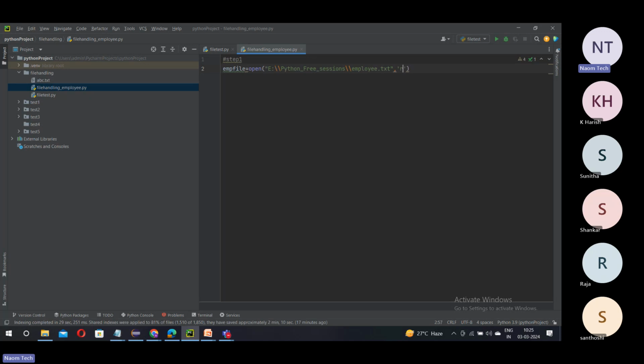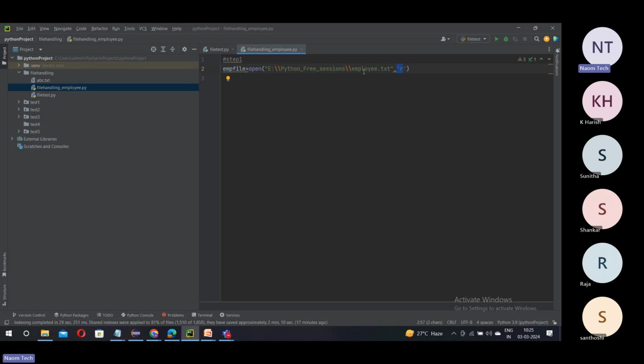That's it. So this is step one. What are we doing? Opening a file. Whichever file you want to open, we have to pass the full path of that file and then the mode. This is what we should do. This is step one. Once you open the file in read mode,